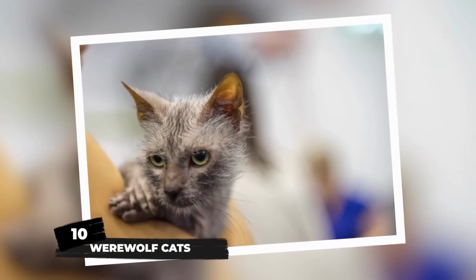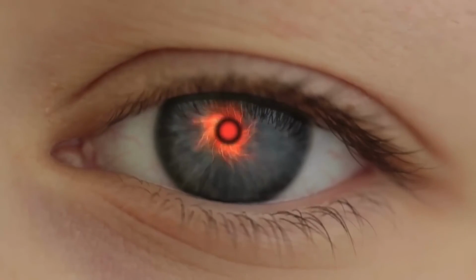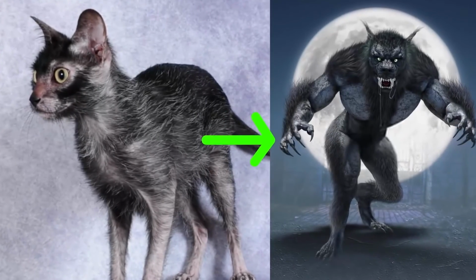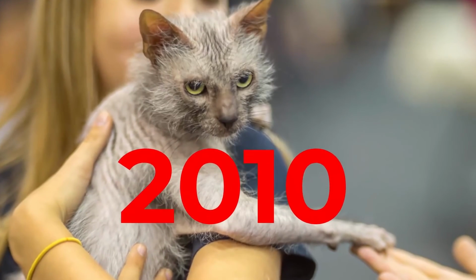Number 10. Werewolf cats. It was the 1941 Universal film The Wolfman that the modern idea of a man turning into a wolf under a full moon began to enter public imagination in full force. Now it seems there is a new breed of cat that closely resembles the werewolf. Likoi, which comes from the Greek word for wolf, are a fairly recent breed of cat that first appeared in